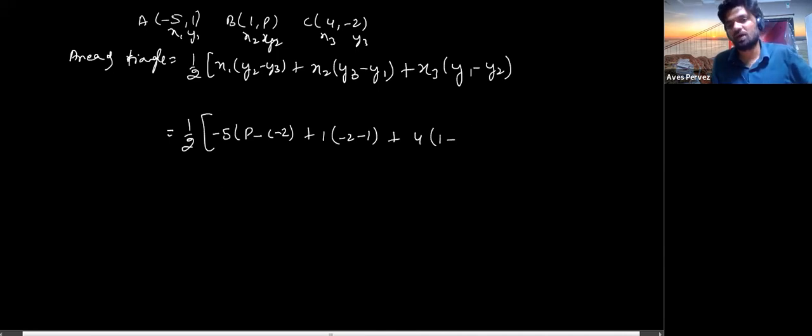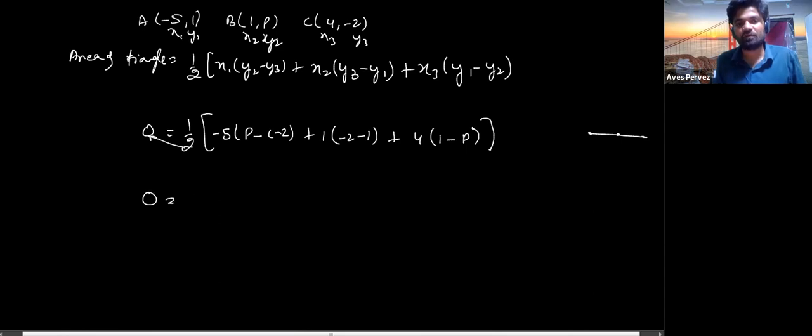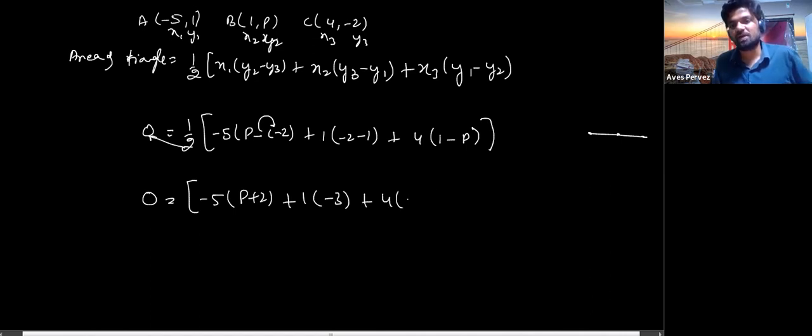That is p. Okay, so you can use this formula, and we have this one, and I'm saying that the points are collinear. Then these 3 points are collinear, so the area of the triangle must be 0. So this 2 will go to that side and it will become 0, and you have to write here minus 5 bracket. This will get plus, here you will get minus 5 p plus 2 bracket 1 into minus 3 plus 4 into 1 minus p.